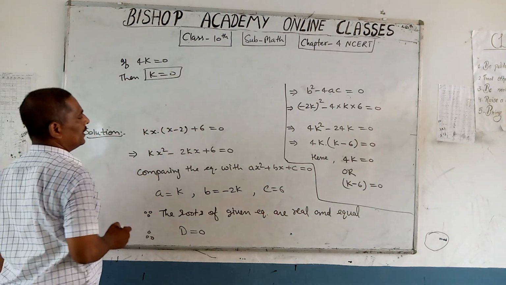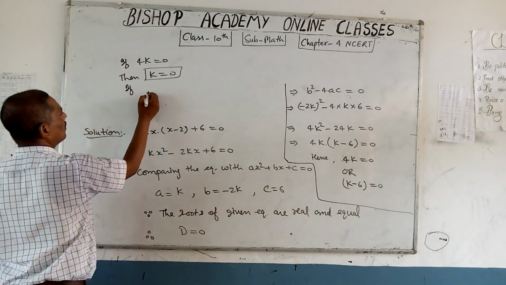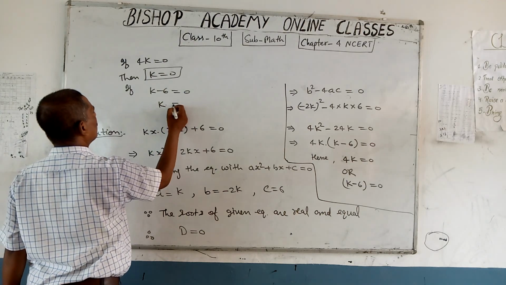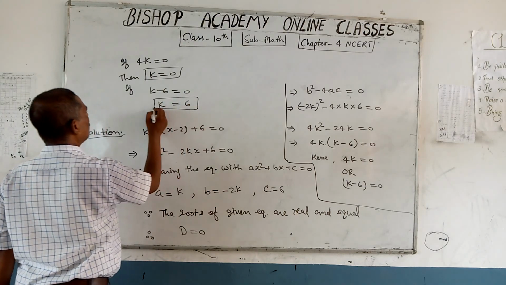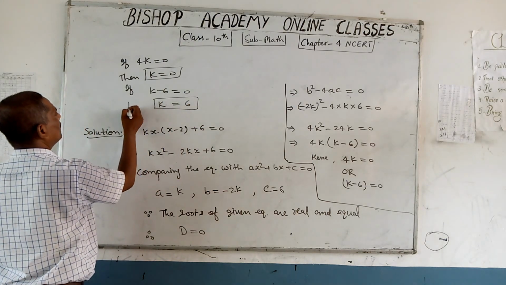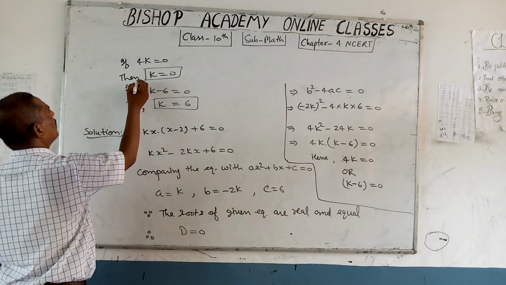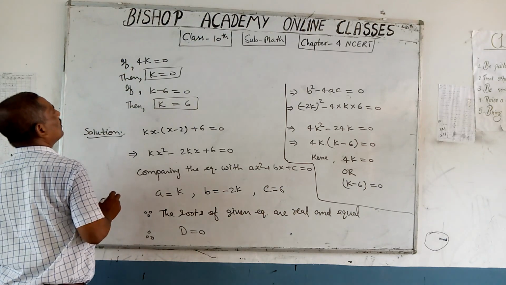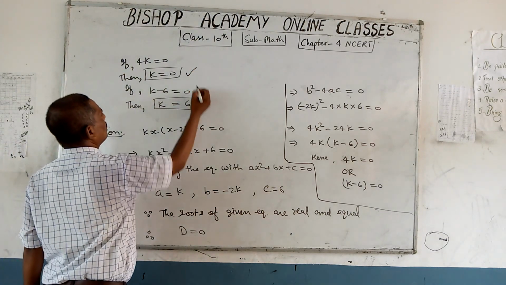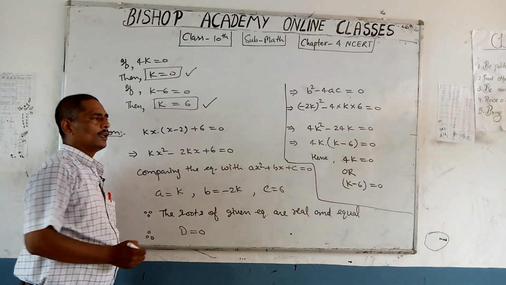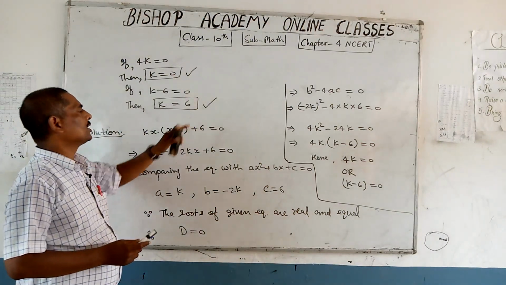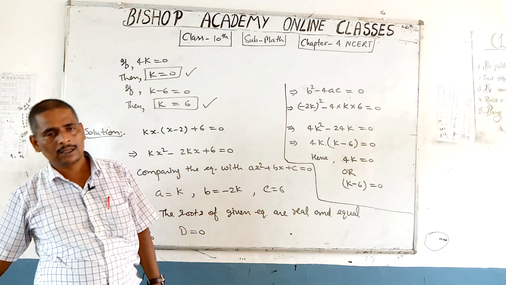This is the first value of k. If k minus 6 is equal to 0, then k is equal to 6. This is the second value of k. Here student, in this way you got value of k is equal to 0 and also k is equal to 6। k की वैल्यू 0 भी हो सकती है, k की वैल्यू 6 भी हो सकती है।